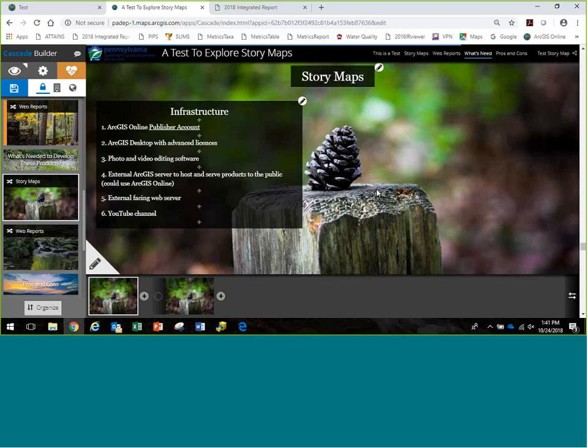I mean, we have that external server. We don't use ArcGIS Online to host the information, meaning the information that Dustin was showing you doesn't live in ArcGIS Online as far as the underlying data. So all web maps and the actual story map do live in ArcGIS Online, and the credit usage is